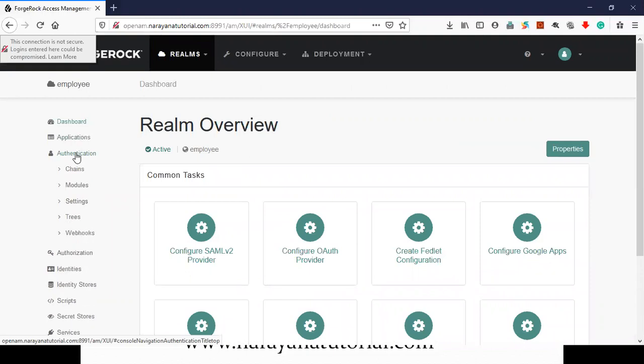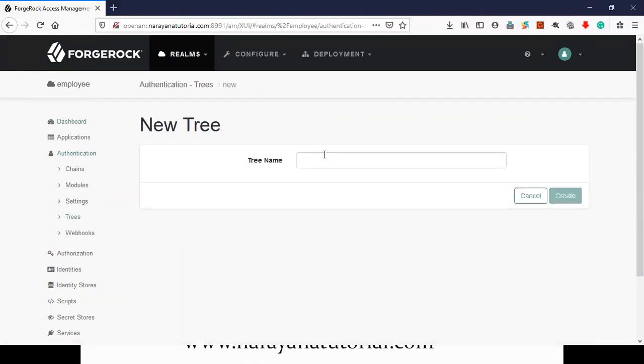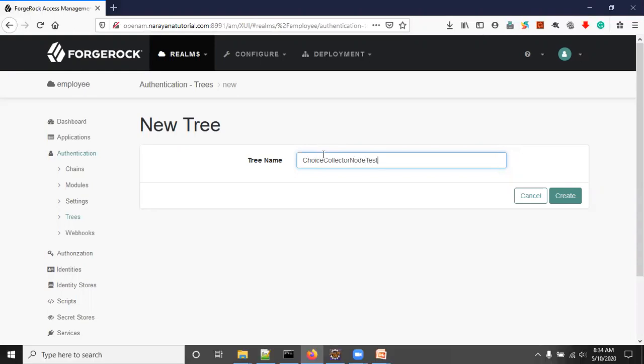In the employee realm, there is Authentication, and inside that there are Trees. Click on Create Tree. You can give any tree name. Now I am giving Choice Collector Node Test 2.